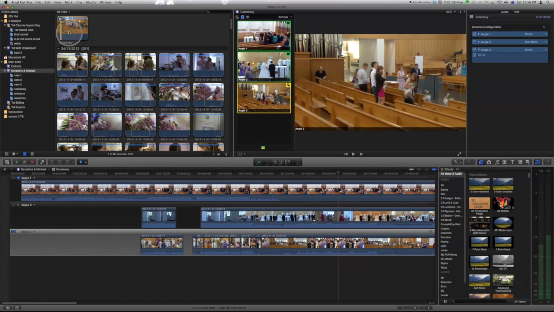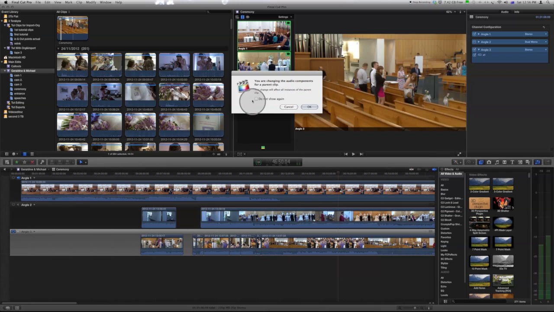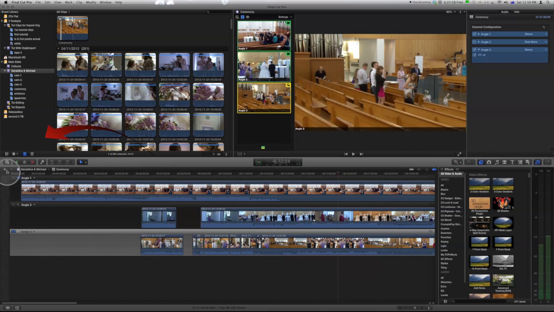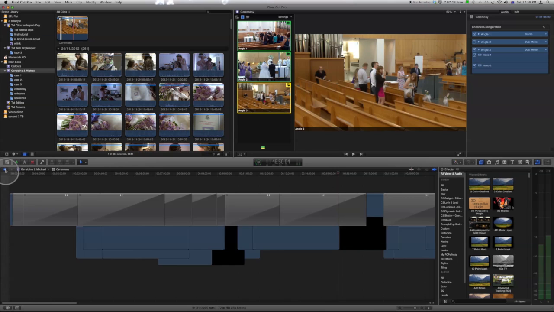We will just select that, and then coming over here we can see we've got angle 3 and it's currently stereo. We'll now make that dual mono. We'll get a warning to say that this is going to change all audio components that are attached to this parent clip. In this case we do want to do that, so select OK. And there is usually a significant delay for this to happen because quite a lot is happening behind the scenes. We can go back to our Multicam edit in the timeline,